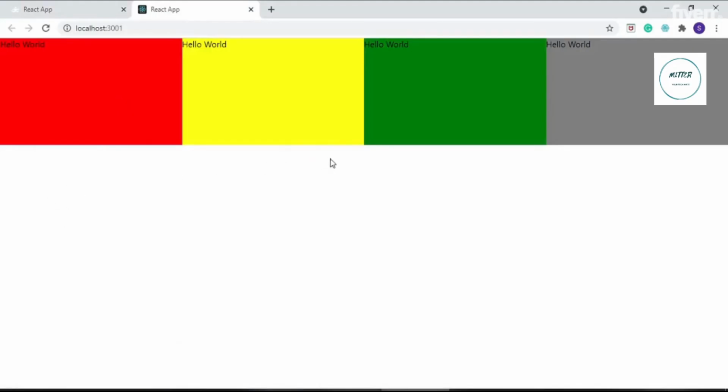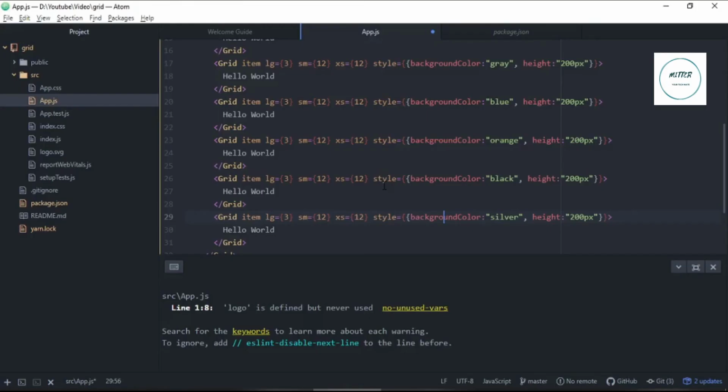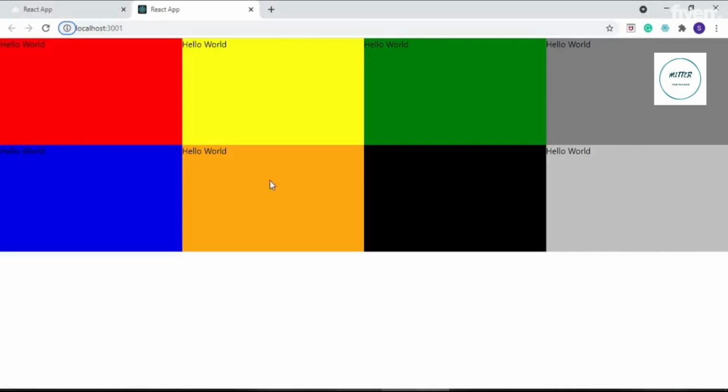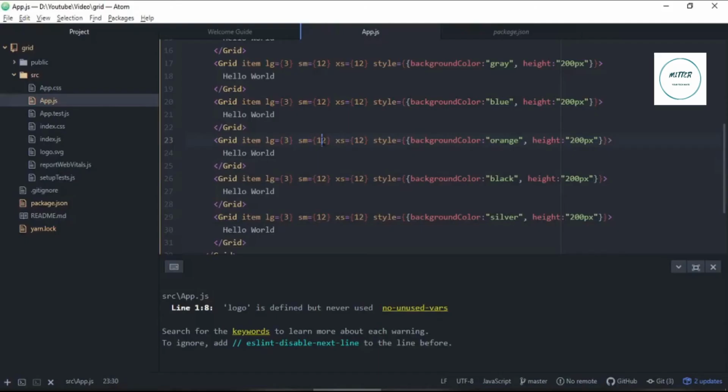So I've created 4 more blocks which will be appearing in the second row, and they all can fit in the second row because the length of one block is 3. So if I save it, now I have 2 rows here. Okay, so the same thing we need to define it on